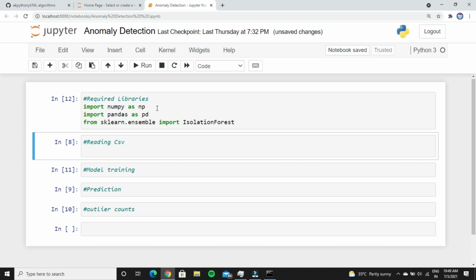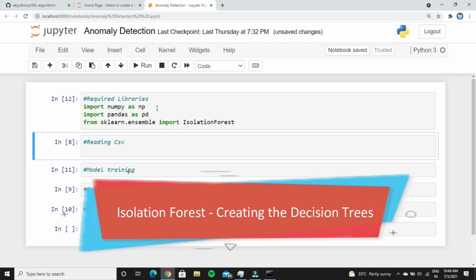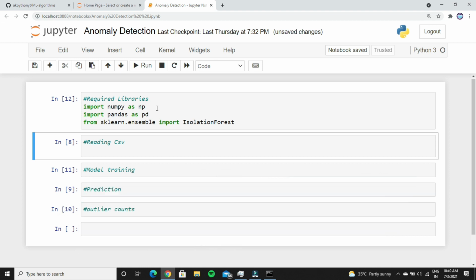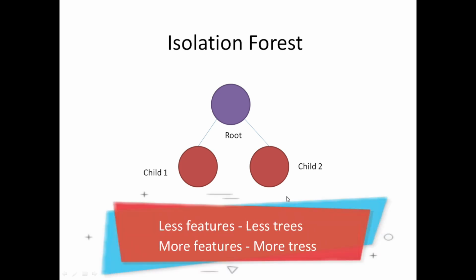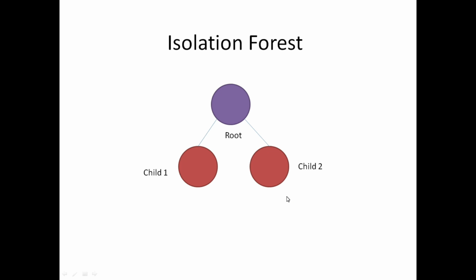The isolation forest is used to create a tree-like structure based on the data points we have. It builds the tree-like structure based on the closest relationship between the root value and the child value. This module will form the trees according to their closest relation. In the isolation forest, you can decide how many trees we need to form. Forming a tree is an iterative process in this library. If you want to perform 50 iterations, then you will get some kind of accuracy. Accuracy is based on the data you have. Suppose you have few features in your data, then a small amount of tree formation is enough to process the data. And if you have many features, then you need to form nearly 100 trees or more than 100 trees to process the data.